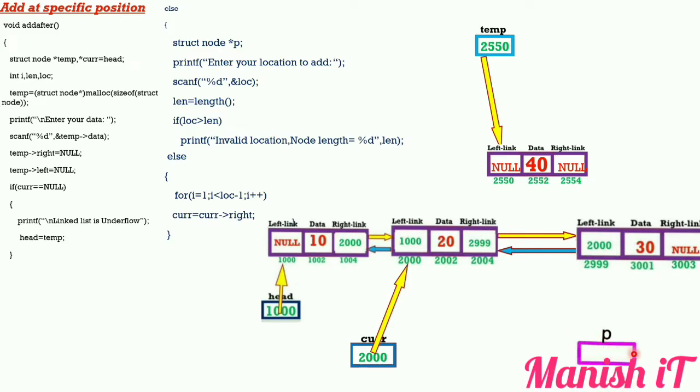Now our logic is: p stores current to right. Suppose current to right is 2999, then here we need to store 2999. Directly we cannot initialize it, because here we can see the base address of this, but the compiler does not know anything. According to our implementation, it runs and executes. So we have to write our logic, and in this situation we have to store current to right.